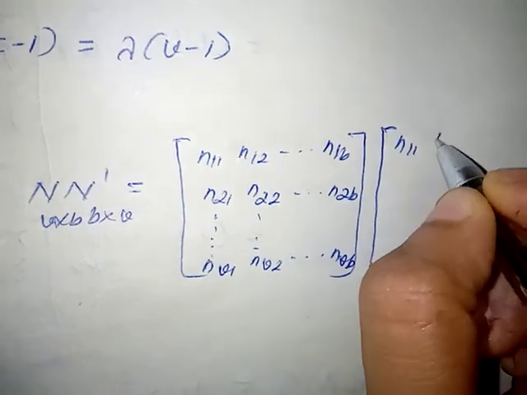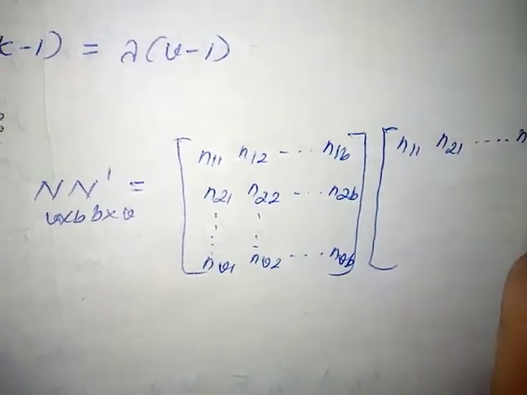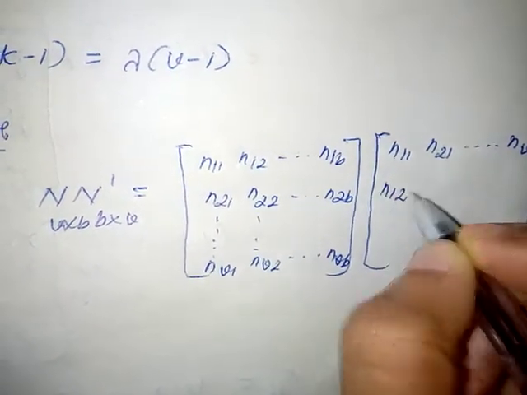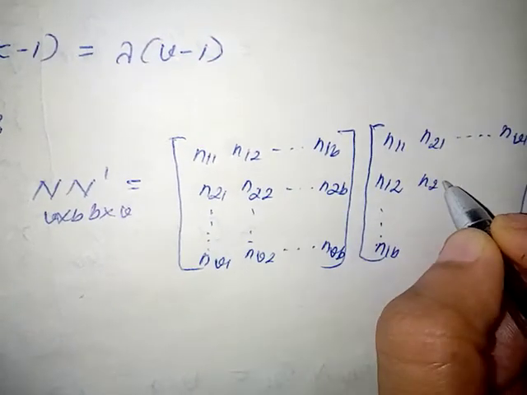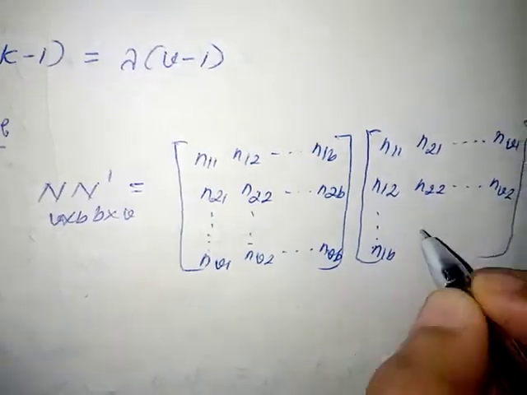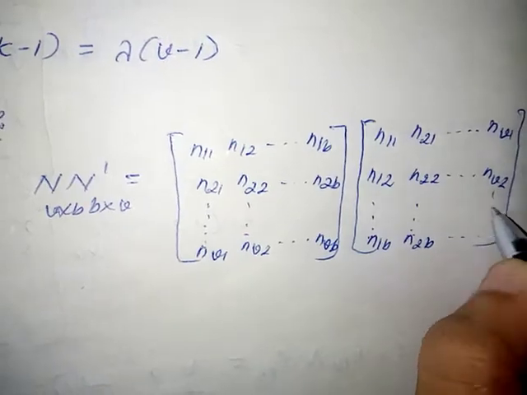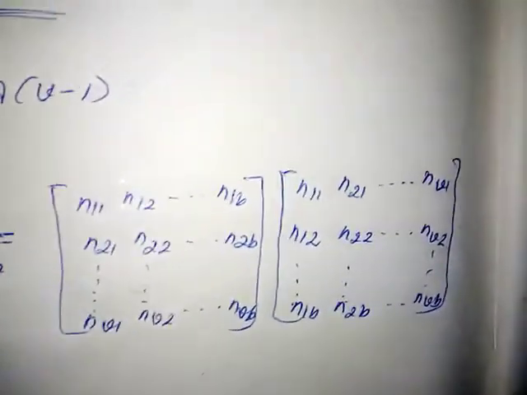N11, N21, so on, Nv1, then N12, similarly N1b, N22, similarly Nv2, N2b, similarly here Nvb, right,